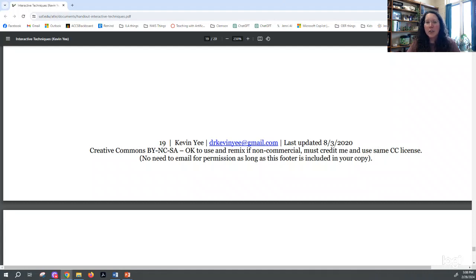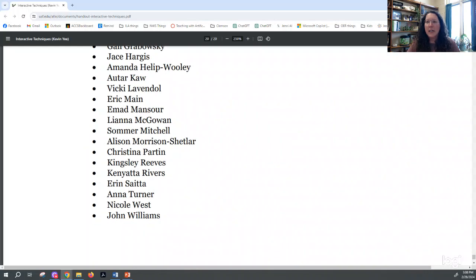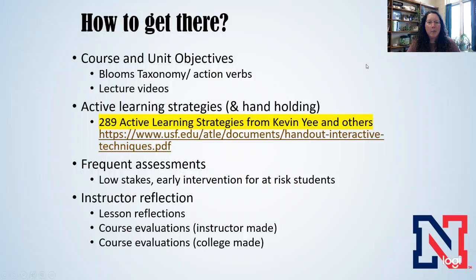So they continually are working on this list and making it even longer as they go through, but it gives a lot of options as to what we can do. And if we use some of those active learning strategies and combine them with our low stakes assessments, and we reach out to those students that are maybe at 70 and below, we can hopefully save a lot of them, especially if it's their first 5 classes, and get that connection and get that caring feeling. Because if they make 3 positive connections on campus and they're successful in those 5 classes, we've probably got them through their AS degree and hopefully onto even a BS degree for some of them.